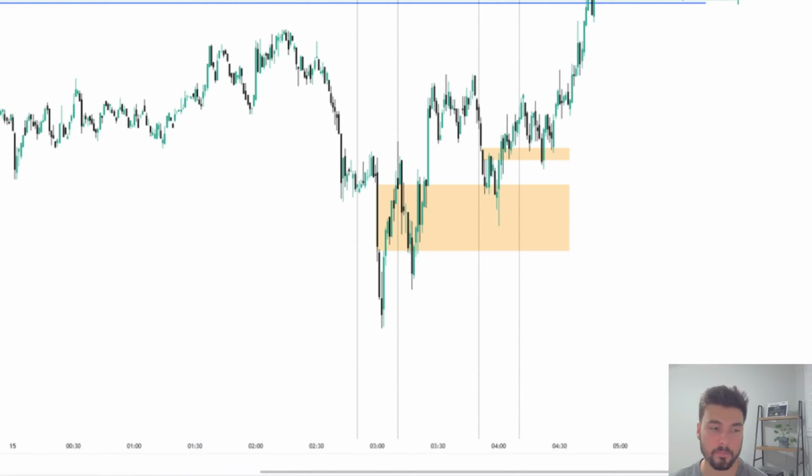That is the important part. So taking a look at price action here, I'm just going to show you two macros. This one here is from 250 to 310, and this is from 350 to 410. Every single orange box is an inversion fair value gap that we might want to use to actually execute a